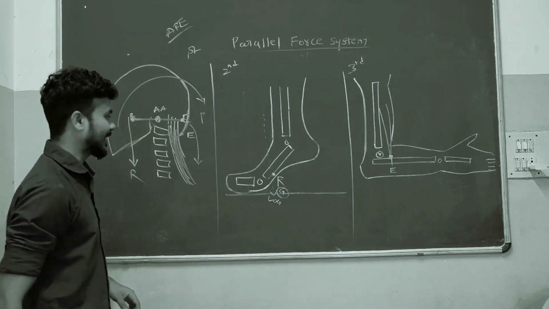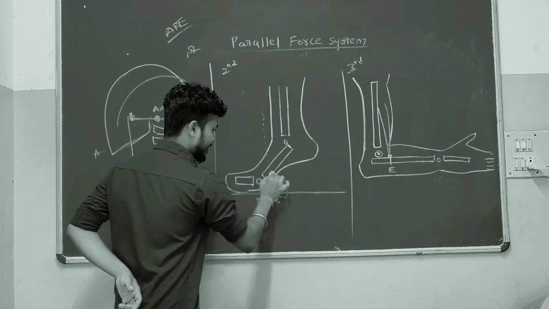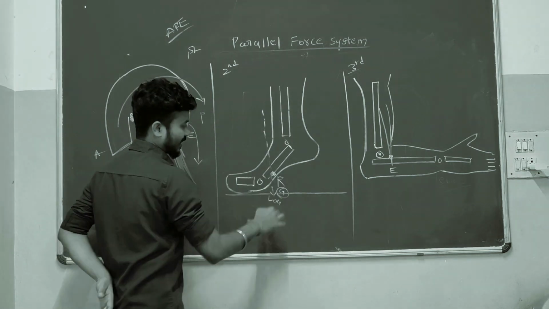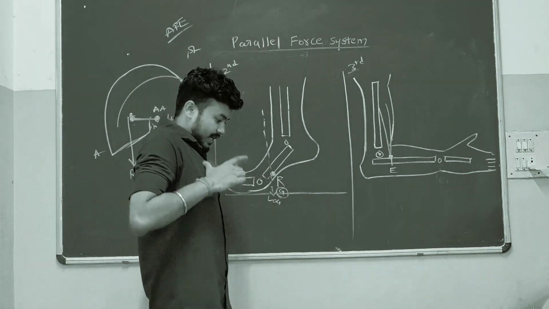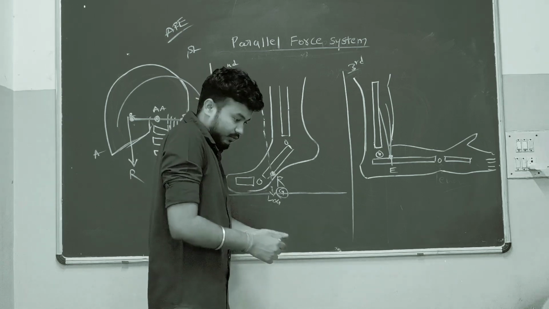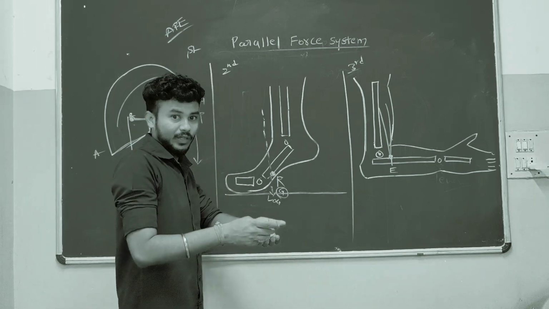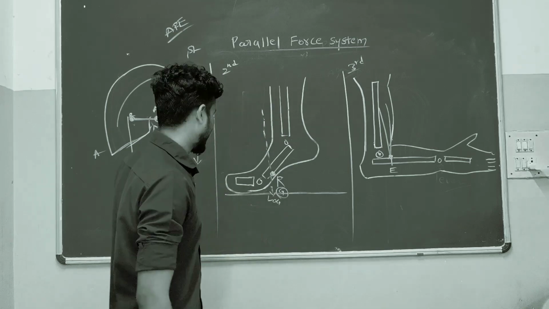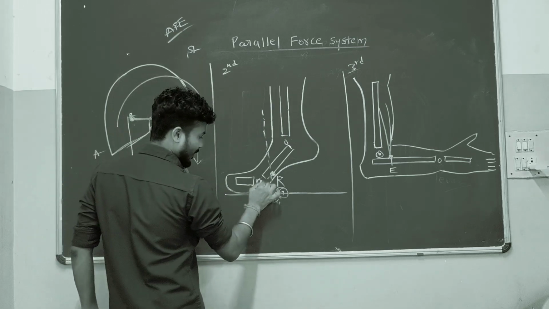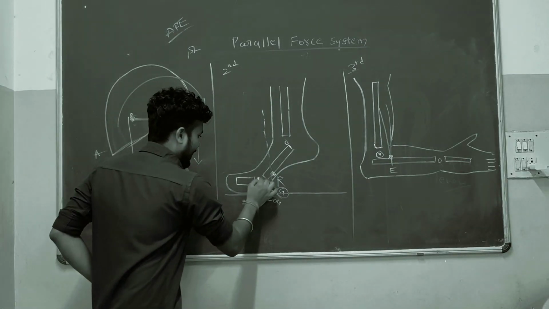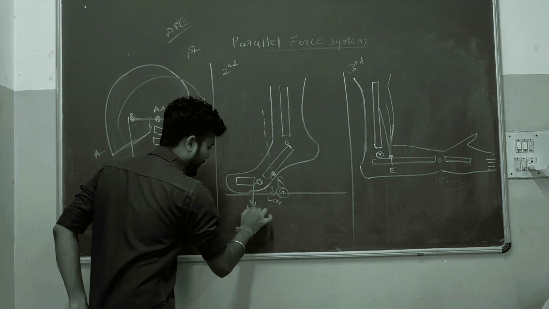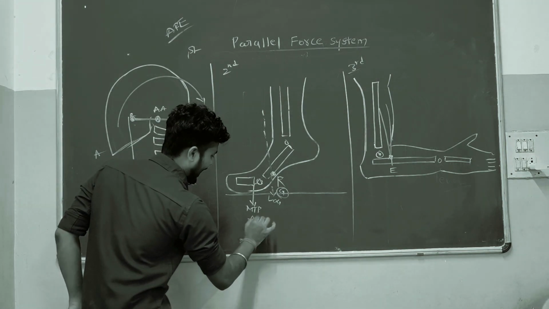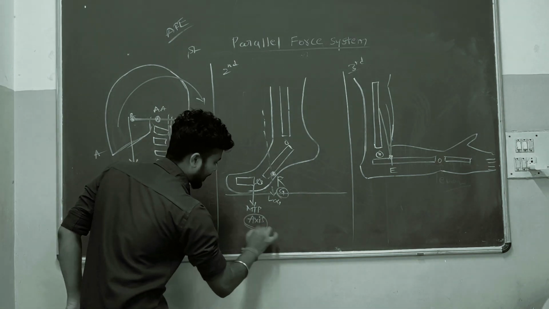Now second order. See here, resistance is there already because of the line of gravity, body weight. If you lift like this, the line of gravity will come forward. That we discussed, the relocation of the center of gravity. It will come forward. So now here it is the MTP joints, metatarsophalangeal joint. The metatarsophalangeal joint works as the axis.